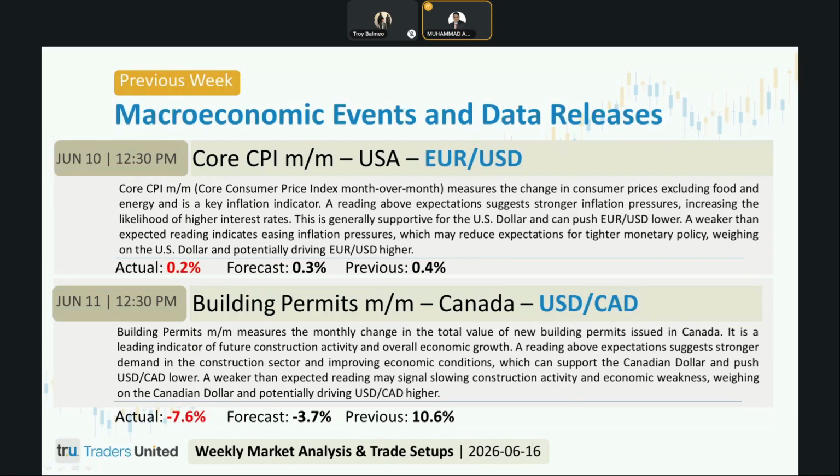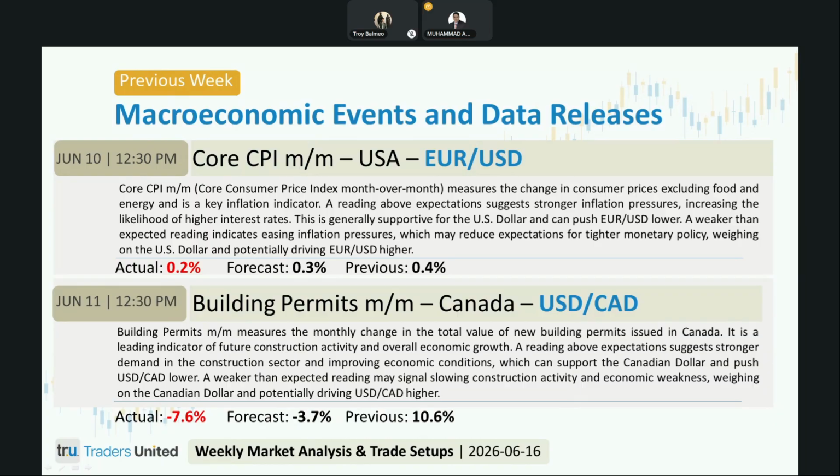Technical and sentiment considerations. The sharp downside surprise reinforced bearish sentiment for the Canadian dollar in the short term. USDCAD reacted with the upside volatility as currency traders adjusted expectations for Canada's economic trajectory. While the initial reaction favored USDCAD strength, follow through will depend on broader factors such as oil prices, Bank of Canada policy expectations, and overall US dollar trend.